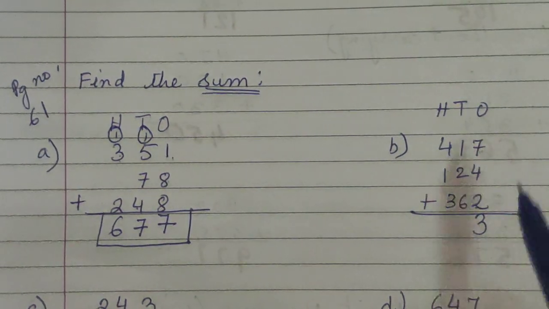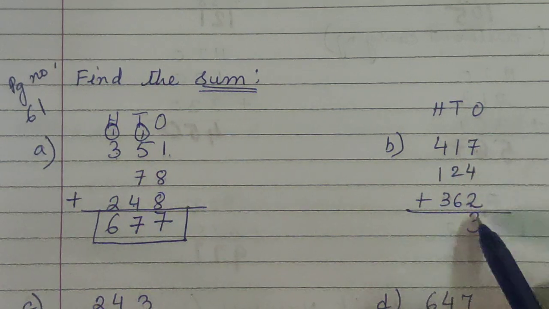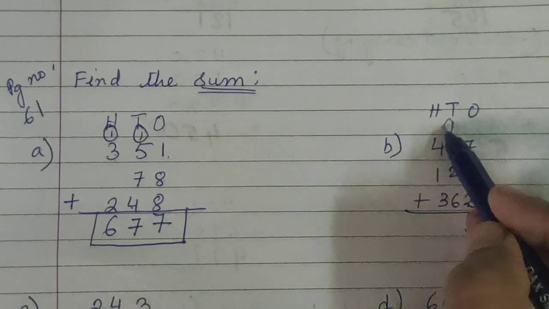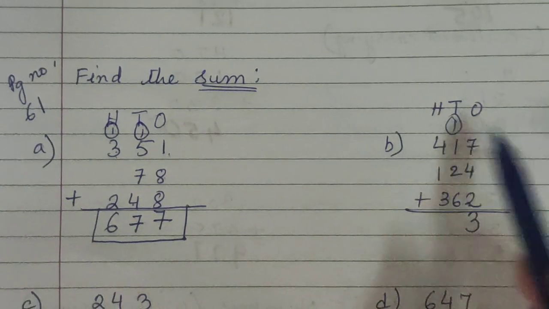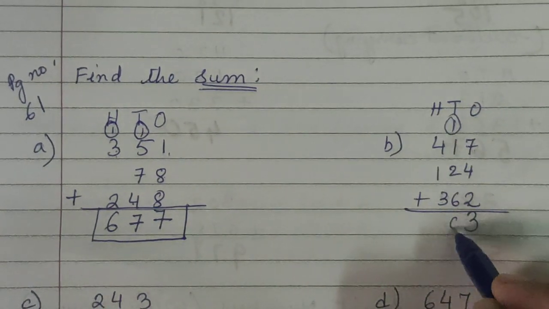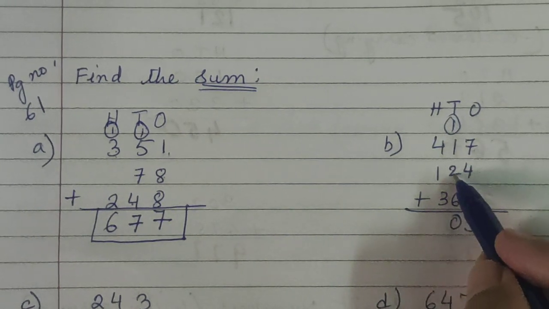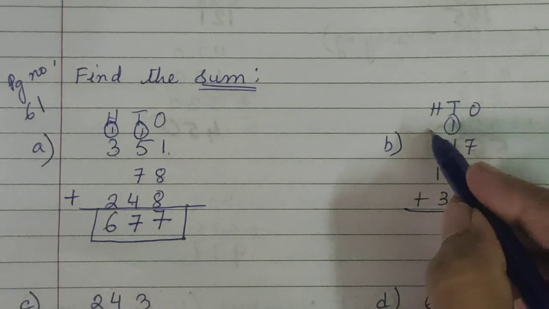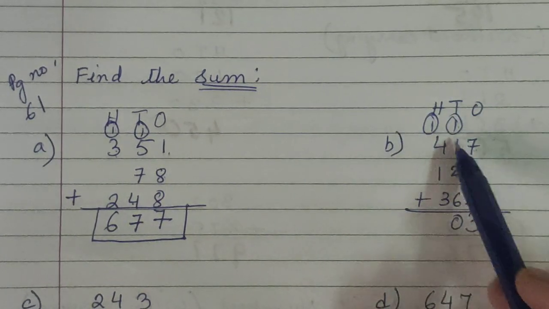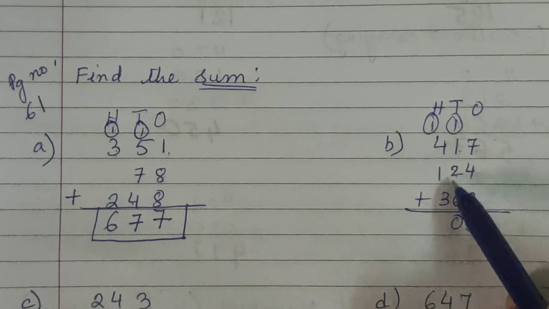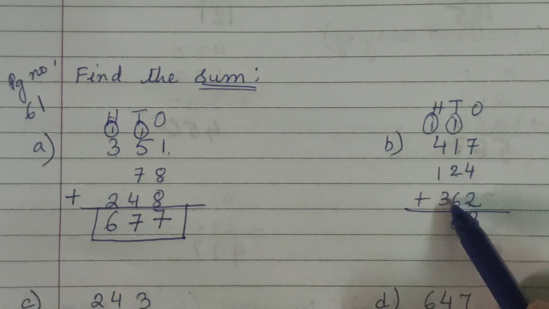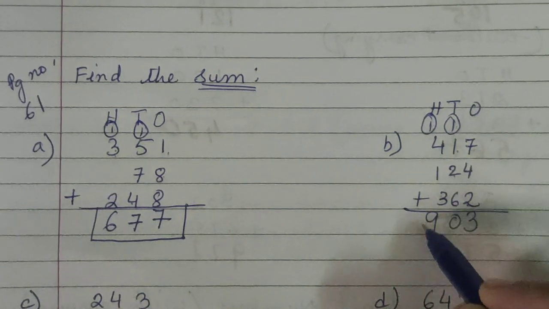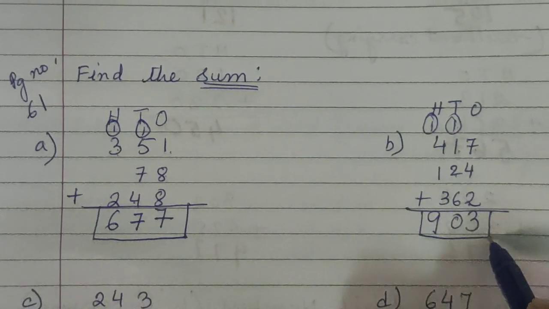Written? Now you have to write that 13. 1 you have to keep it up, 2, 3, 4 plus 6, 10, 0. 6 plus 2, 8, 8 plus 1, 9, 9 plus 1, 10, 0. Again 1 up it will come, carrying, we are carrying 1. So here 3, 4 plus 4, 8, 8 plus 1, 9. So 903 is the answer.